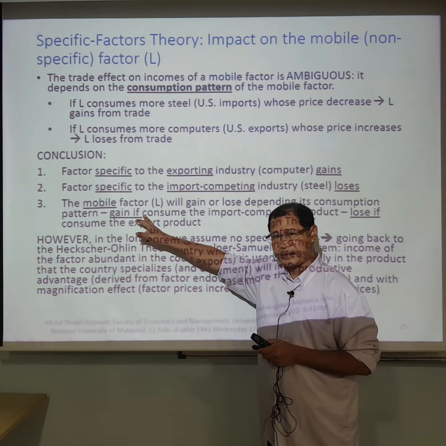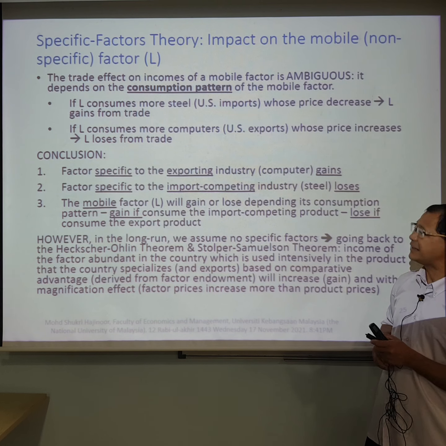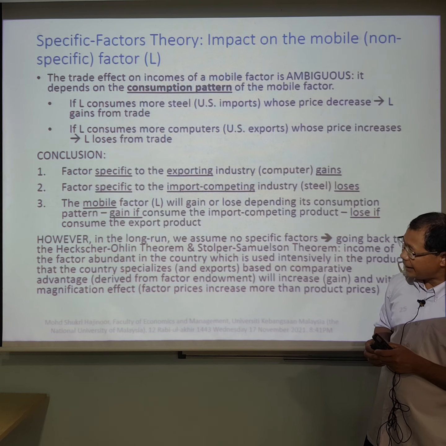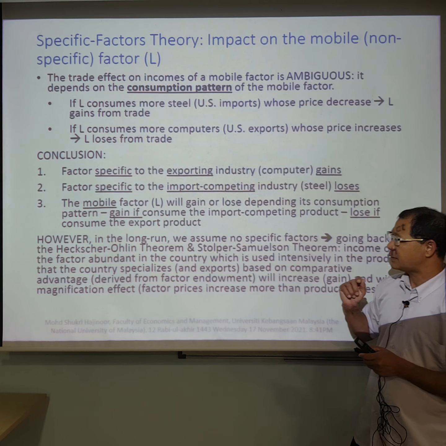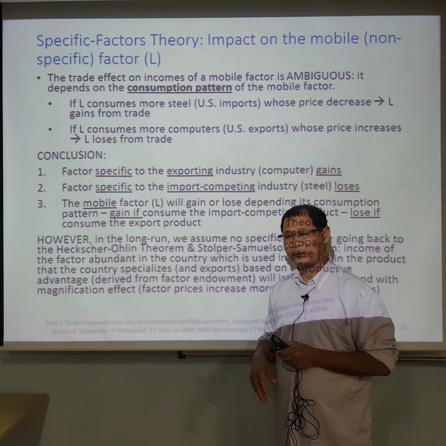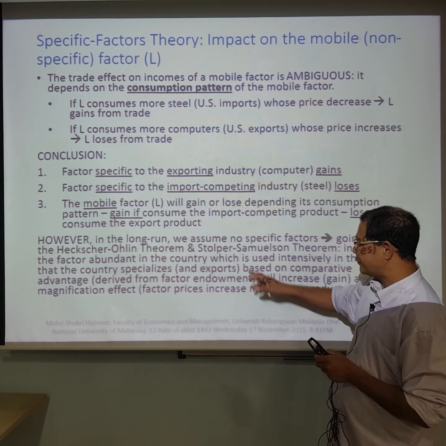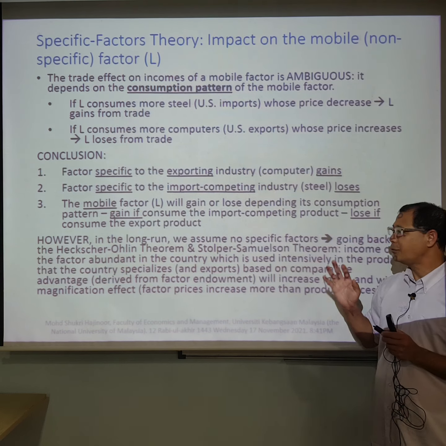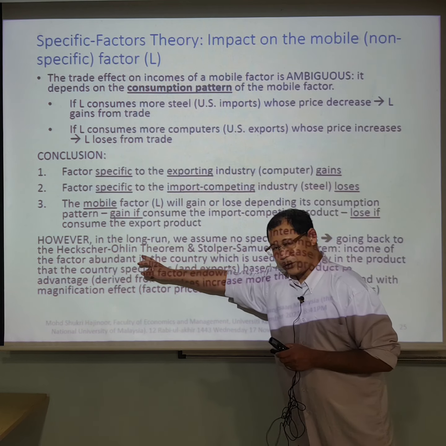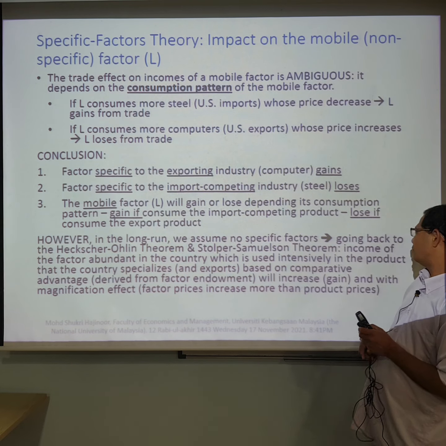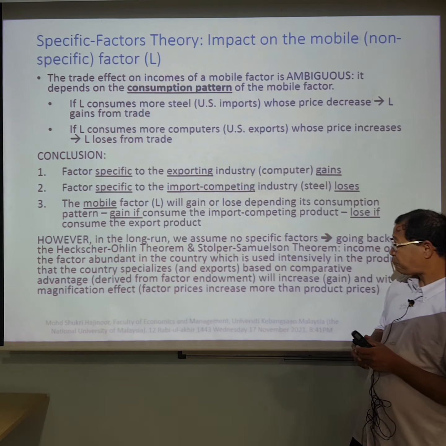Whereas the mobile factor, L, will gain or lose depending on its consumption pattern: gain if it consumes the import-competing products, lose if it consumes the export products. However, in the long run, we assume that there are no specific factors. So, going back, returning to the Heckscher-Ohlin theorem and the Stolper-Samuelson theorem,